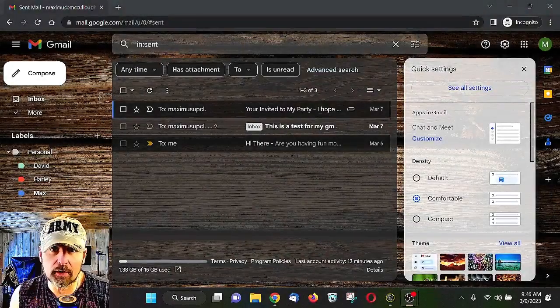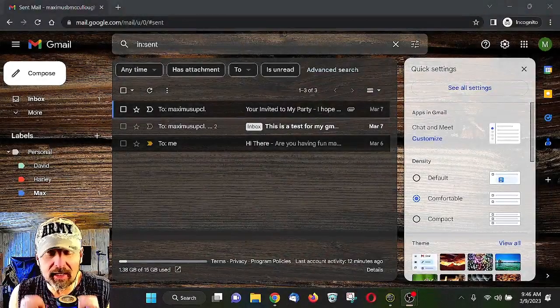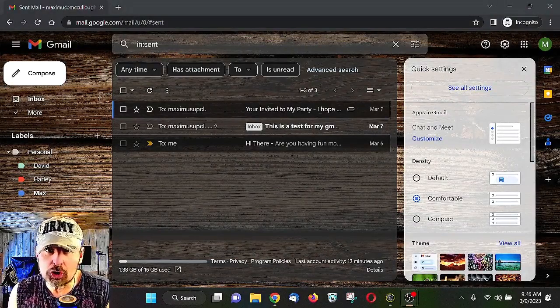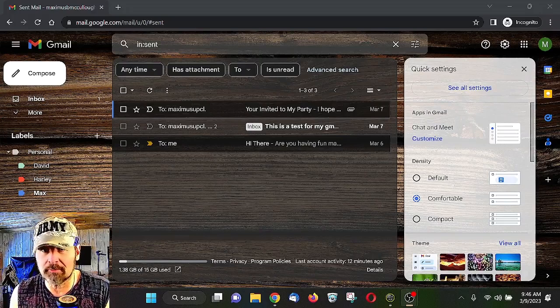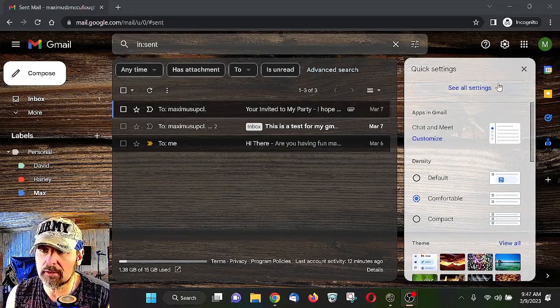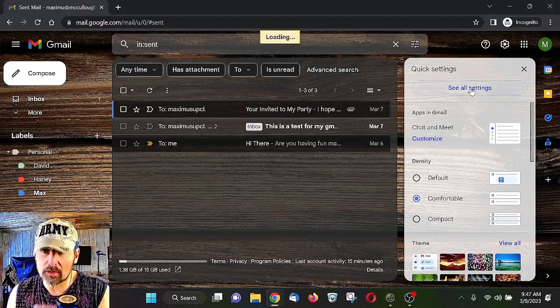Now, I know we talked a lot about filters, but we cannot talk about them enough. These are going to help you reduce stress, keep your work streamlined, keep the junk out of your inbox, so that anybody that gets your email and they continue to send you junk and spam emails, if they don't have an unsubscribe button, the only thing that you can do is filter that, especially if they're making it to your inbox. So let's talk about this again. So let's go ahead to go to quick see all settings,